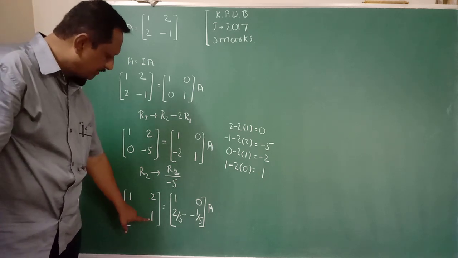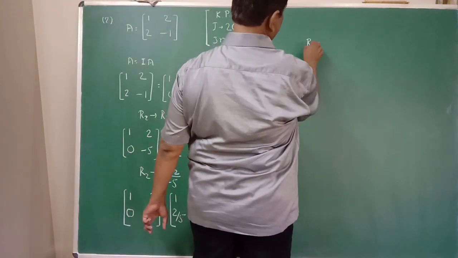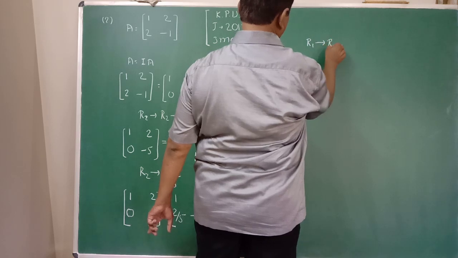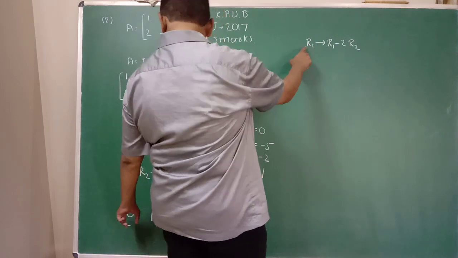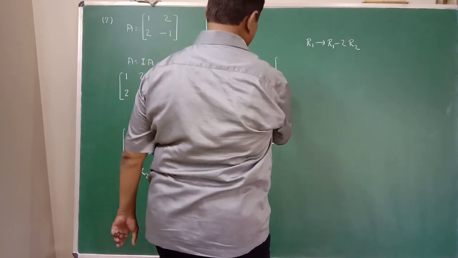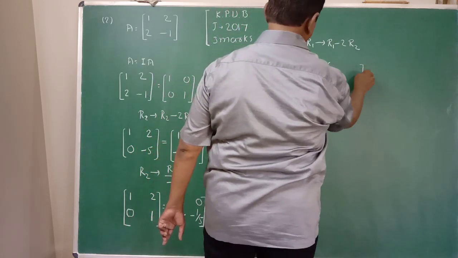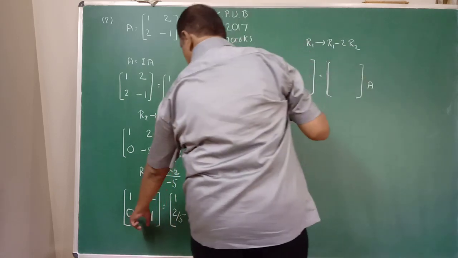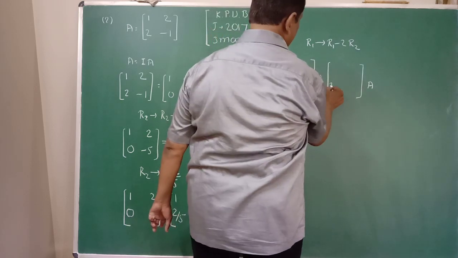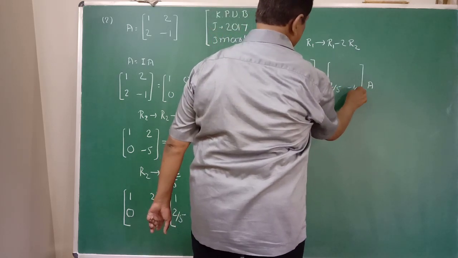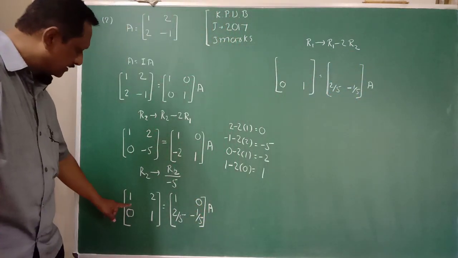Next here we want a 0. Now you multiply here by 2 and subtract here. Therefore R1 gives R1 minus 2 into R2. R1 changes here, so R2 keep as it is. R2 means the second row elements, keep as it is, both right hand side as well as left hand side. So 0, 1, 0, 1 here, 2 upon 5, minus 1 upon 5.